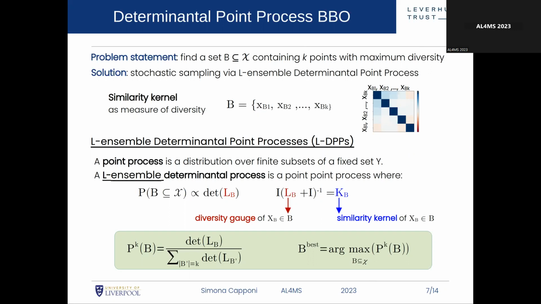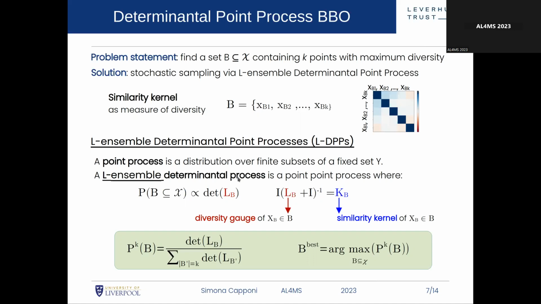And then we say to compose the batch, we use a statistical stochastic sample according to a precise distribution, which is called L-ensemble determinantal point process. So what is that? A point process is a distribution over a subset given the whole search space. And an L-ensemble determinantal process is a specific point process which is characterized by the fact that the probability